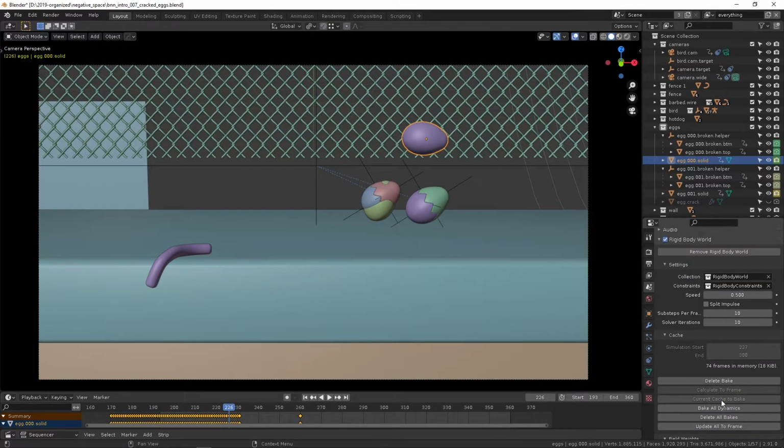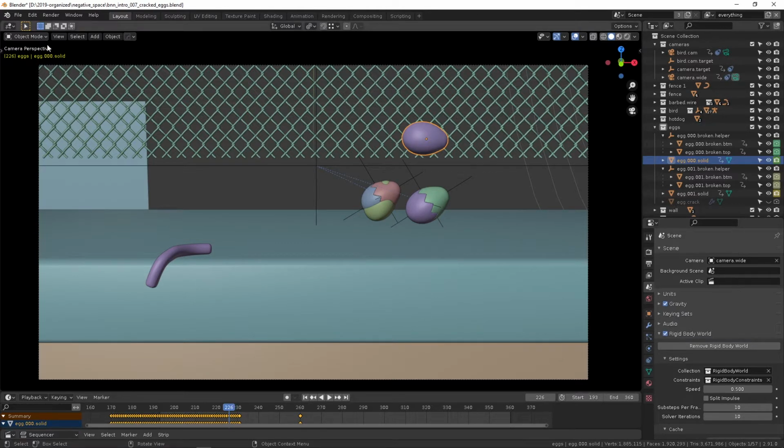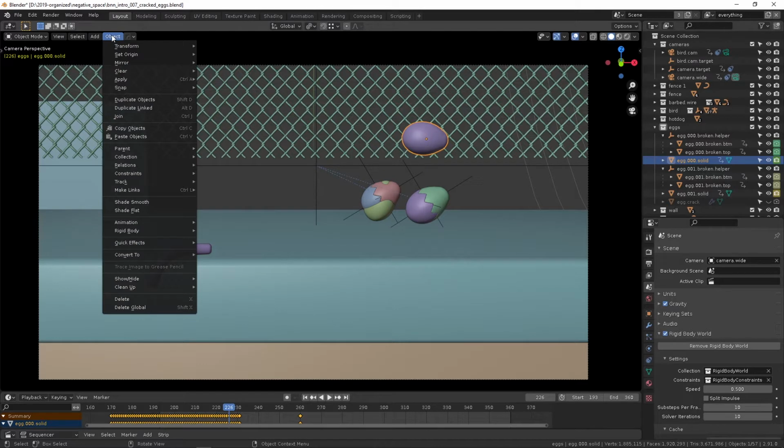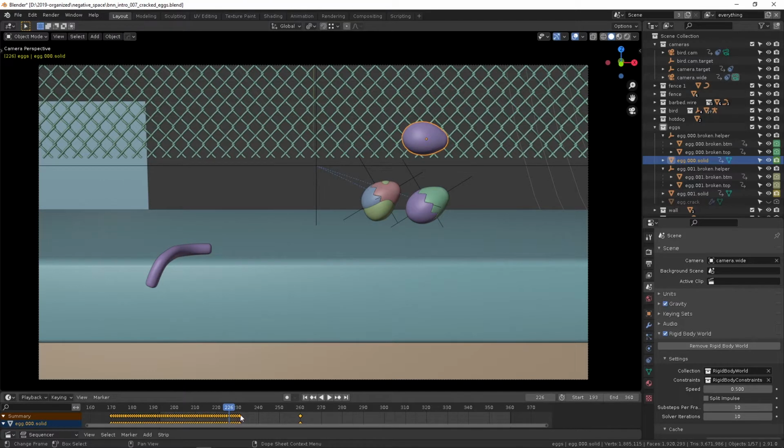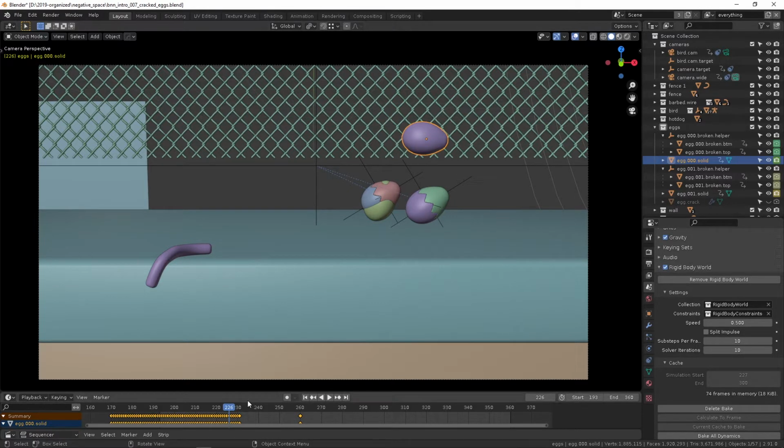After baking the dynamics, this is super helpful and something that's been absent from other modeling software I've been familiar with in the past. Once you have your physics baked, you can go down here, and in Rigid Body, you can bake to keyframes. This is really helpful if you need to manipulate things, or need them to stop and end at a certain point and didn't set that with the end here. It makes exporting really easy. It's something that I think gets swept under the rug or not mentioned sometimes. It took me a little while to figure out. But anyways,